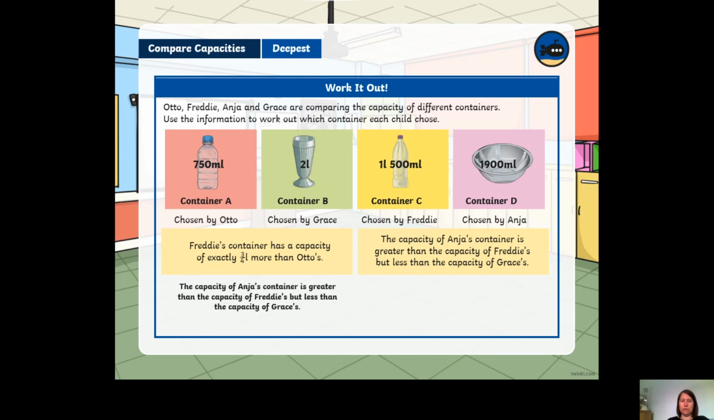And then if you have a look at this, the capacity of Anya's container is greater than the capacity of Freddie's, but less than the capacity of Grace's. Yeah. Freddie's container has a capacity of 1 litre 500. Grace's has the greatest capacity, so container B must be hers. Okay,